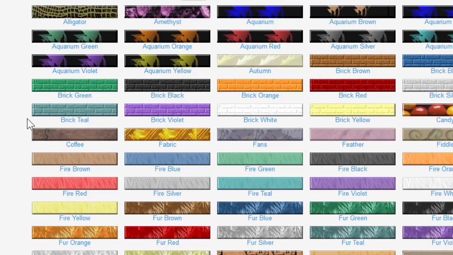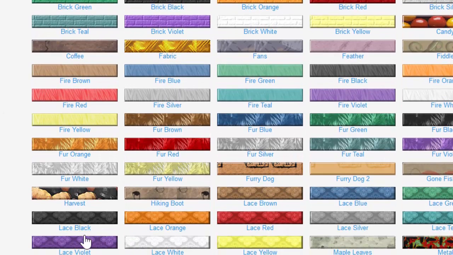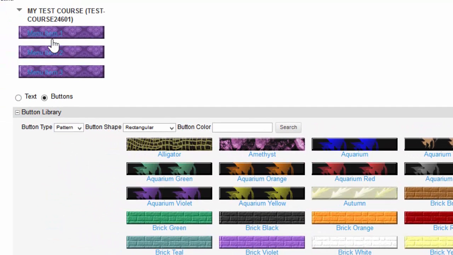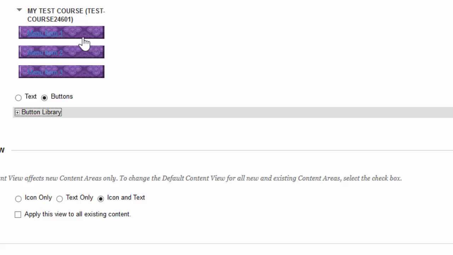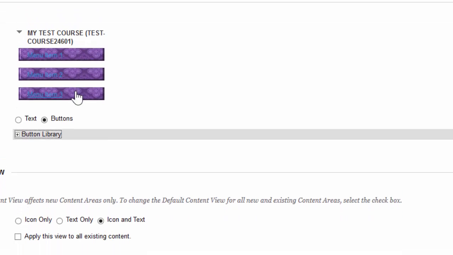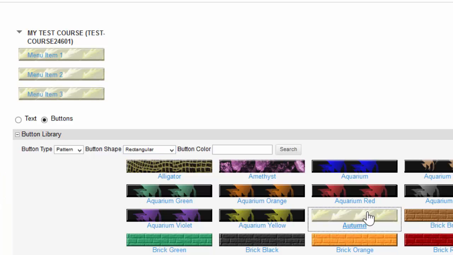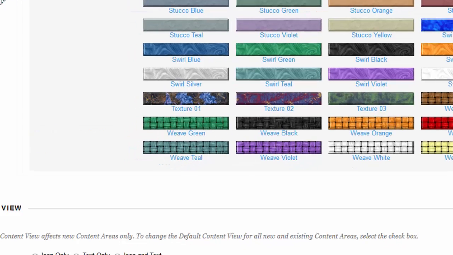I'm going to choose, let's see, Lace Violet, and you can preview it by scrolling up. And now you'll notice that the text doesn't show up so well on that. So I'm going to change the color. Let's do Autumn. And you'll notice that the preview gets adjusted up here. Now we can scroll down further,